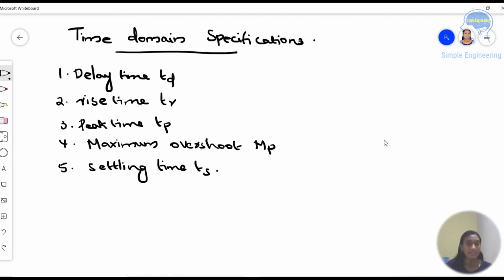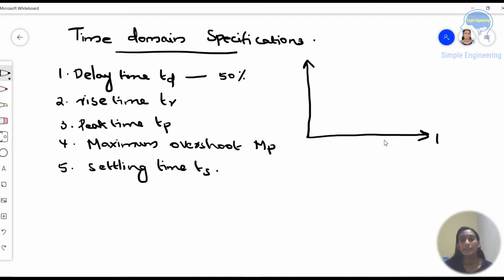So delay time is the time taken for the response to reach 50% of the final value. So delay time means 50% of the final value. And rise time is the time taken for the response to rise from 0% to 100% for the very first time. For example, if we take a graph